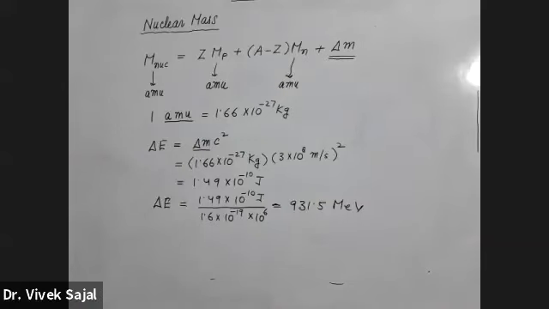Whenever you have mass and you want to convert it directly into energy, simply multiply the AMU value by 931.5 and you will find the equivalent energy. So whenever you need to convert mass directly into energy, you can use this unit, that 1 AMU is equivalent to 931.5 MeV. This is not equal, because 1 AMU is mass and this is energy, but 1 AMU is equivalent to 931.5 MeV energy.